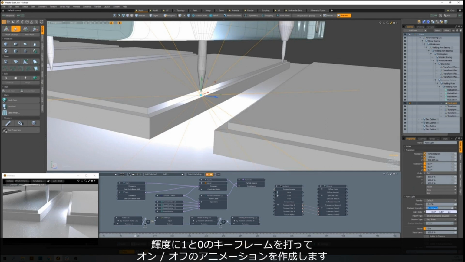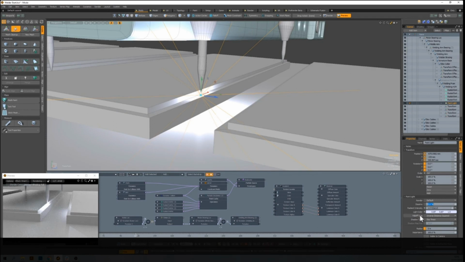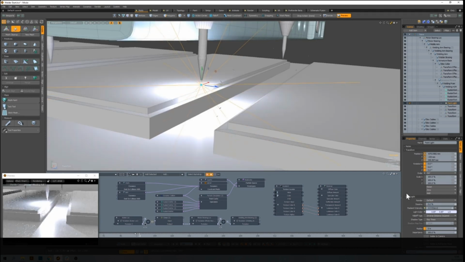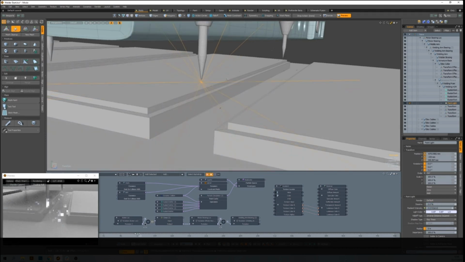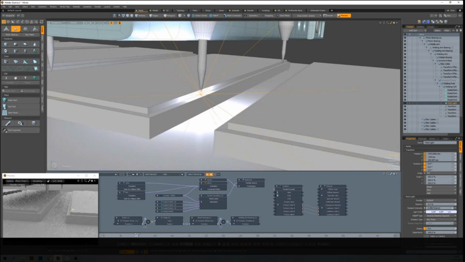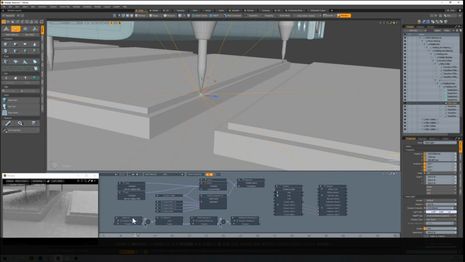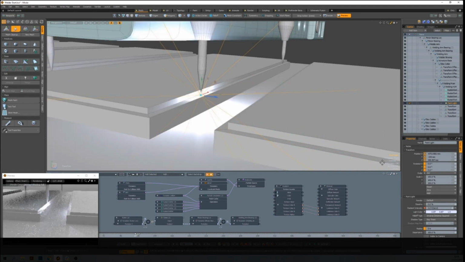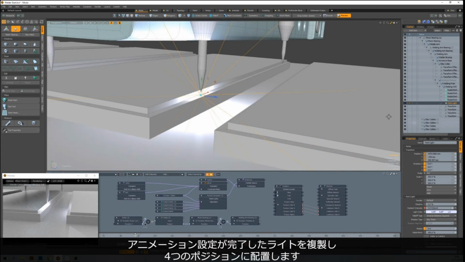And I'm going to just drop down the intensity to 1. Let's see what that looks like. Okay, that looks okay. That looks okay. And I'm going to duplicate each of those and then